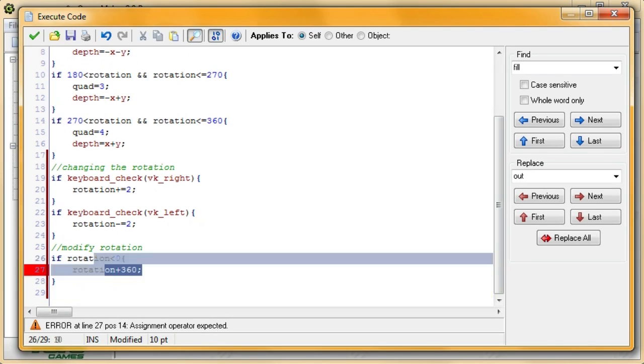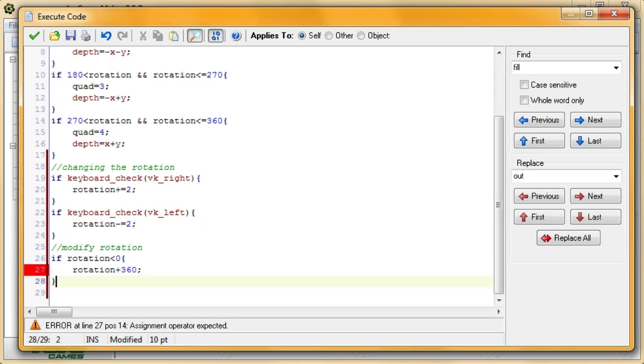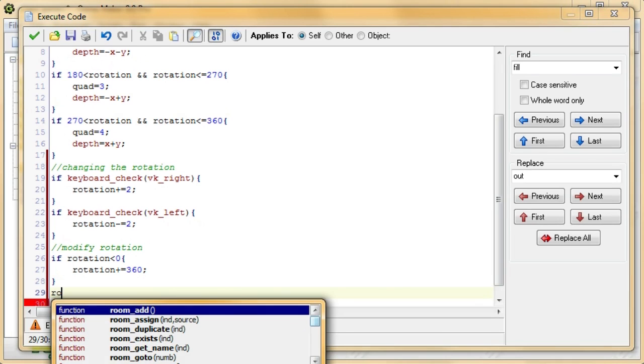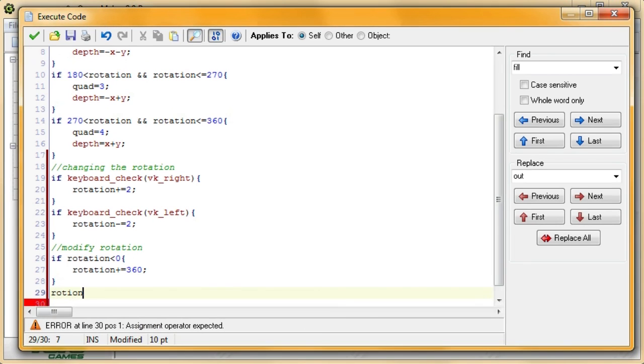The only problem where this will not work is if it becomes below negative 360, then adding 360 will not be enough. Equal sign there, I'm silly. So if you're ever rotating at a faster speed than 360, then you could have problems there, so keep that in mind. And then to make sure it doesn't go above 360, rotation is equal to